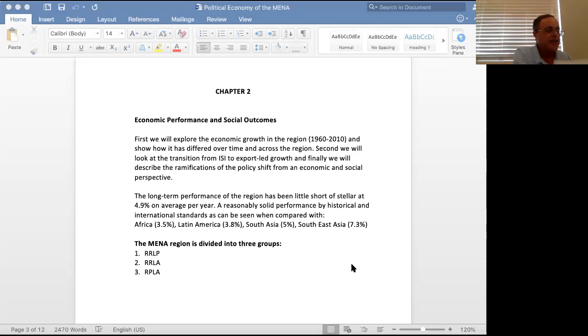So they're pretty much evenly divided into 3 categories, with each category having about 6 countries, except the first one, which has 7. So we have 6 and 6, 12, and 7, 19. So all in all, we're talking about 19 countries in the MENA region that hopefully we will have a chance